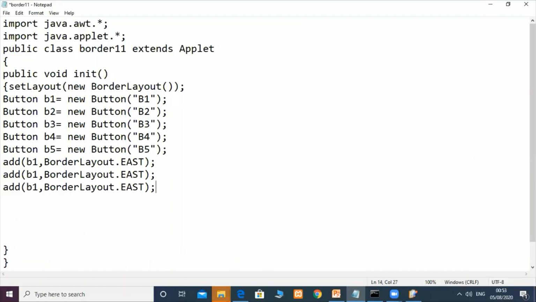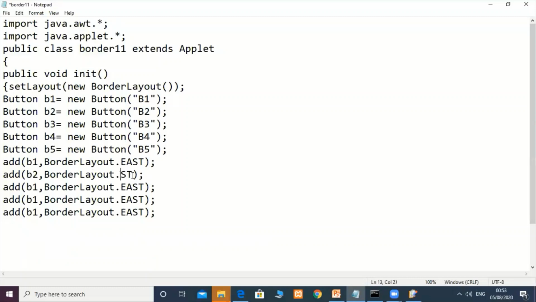Then again write, there are 5 buttons. Then write here, B2 button I am adding in the west region. Then B3 add here, suppose north, and this will add in the south region, and the object here is B4, and B5 will add in the center.